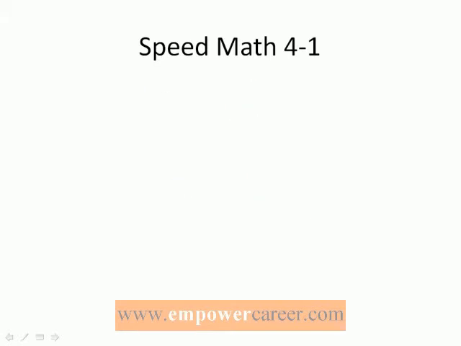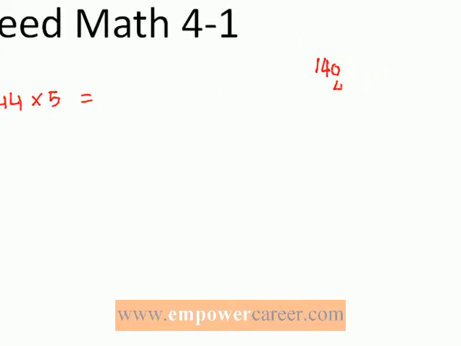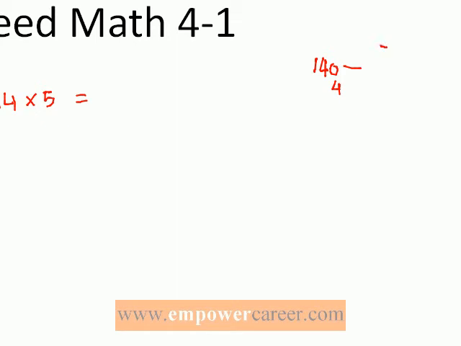Let's say I have 144 to be multiplied with 5. First of all, I need to look at how to halve 144 quickly. Well, there's not much to it. A very simple idea can explain things. 144 is essentially 140 plus 4. The half of 140 is 70. The half of 4 is 2. Therefore, the half of 144 is 72. 72 times 10, all I need to do is write 720.